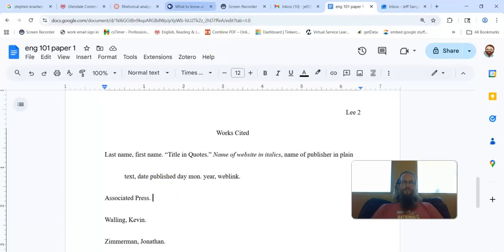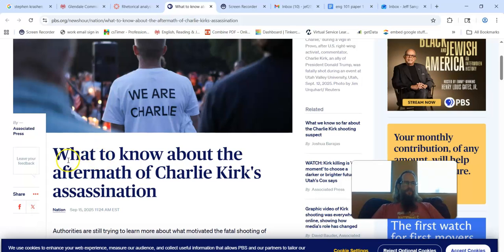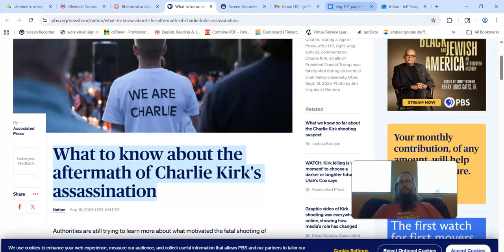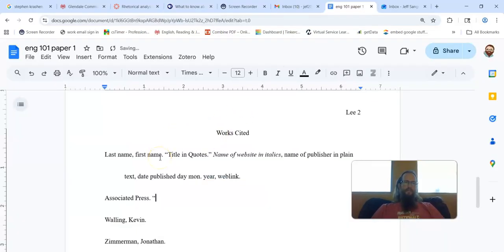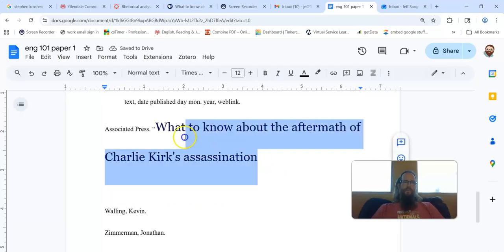Let's go back to the one you got to use in the intro. What's the title? Yep, there it is in bold. I'm going to copy it in there. It's got to be in quotes, right? Now, of course, I can't have the formatting look like that, right?